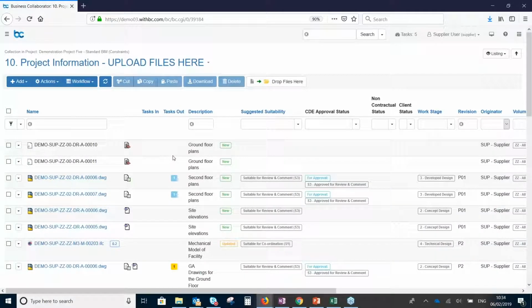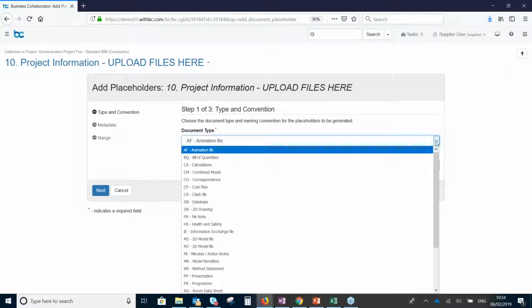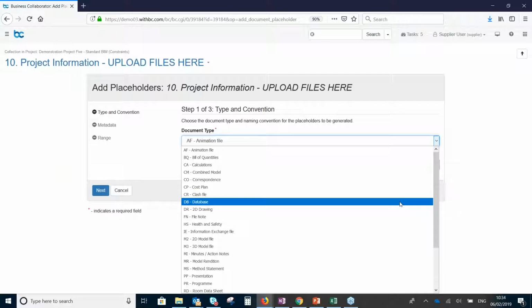But before that, in terms of adhering to the file naming conventions, we do have a function within BC called Placeholders. This is really about helping project teams adopt those disciplines of file naming conventions, because we appreciate that subcontractors and tier 2 suppliers might not necessarily have the discipline or the knowledge at this stage of the game to adhere to these file name conventions. So we can take a lot of the burden off the end user through this placeholder functionality. And it's a really simple tool to effectively reserve areas in the projects which are waiting for documents to get populated into